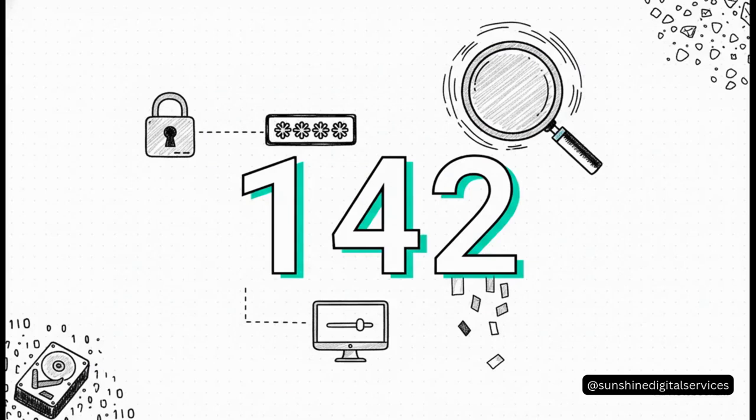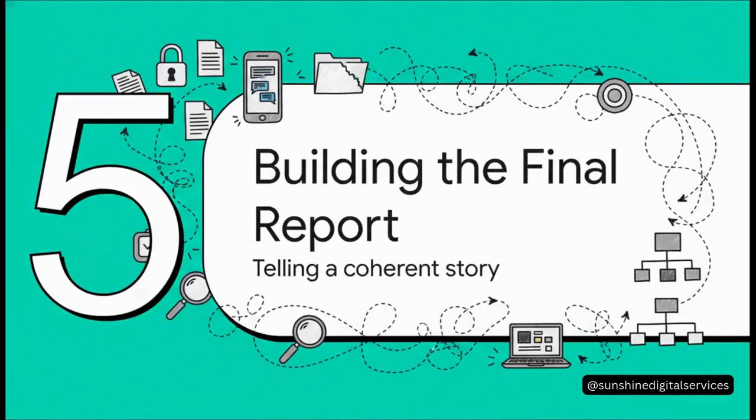And check out the level of detail here. Right next to that critical password, investigators found the screen brightness setting. It was set to 142. Now that sounds like a totally random detail, right? But it just proves that on a digital device, absolutely nothing goes unrecorded. Everything is potentially recoverable. So the investigator has recovered passwords, deleted files, suspicious text messages, but a big pile of